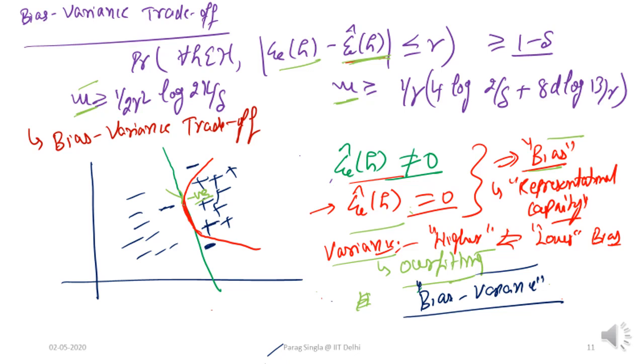Let's just revisit the PAC learning bound that we had: the probability that for all hypotheses belonging to our hypothesis class, the difference between the generalization error and the training error is less than or equal to gamma, is more than 1 minus delta. And to be able to achieve this, we related the quantities m, k, gamma and delta in the finite case, and m, d, gamma and delta in the infinite case. In particular we showed that as the size of the hypothesis class increases, or in the infinite case as the VC dimension increases, we need more examples.